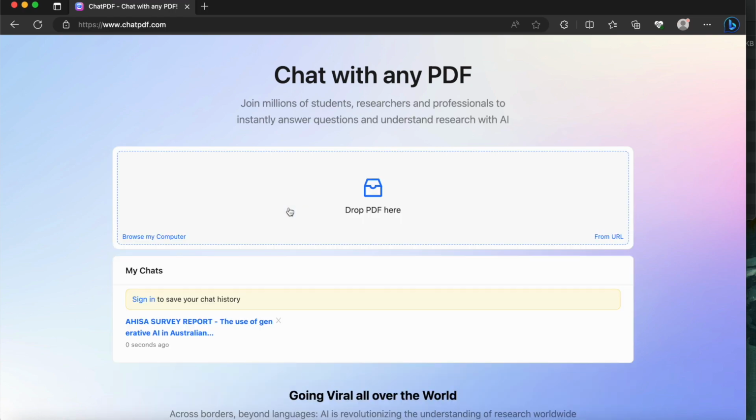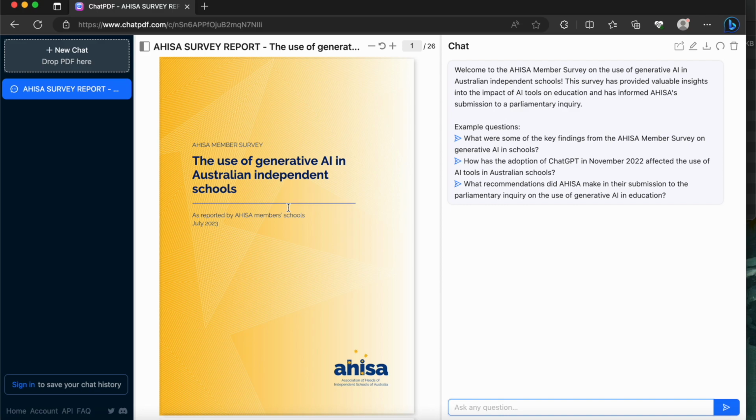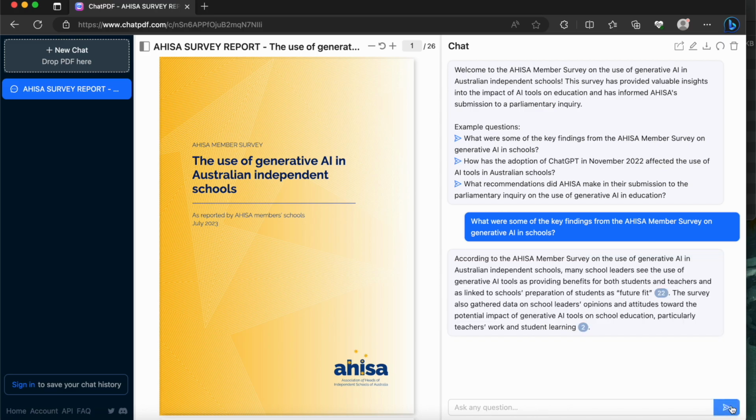It will search through, analyze. And then from here, it's reading that PDF document so that I can now ask it questions. So here it's got some example questions. So let's just take one of those. So what are some of the key findings. Now, what this is incredibly useful for is actually reports like this,